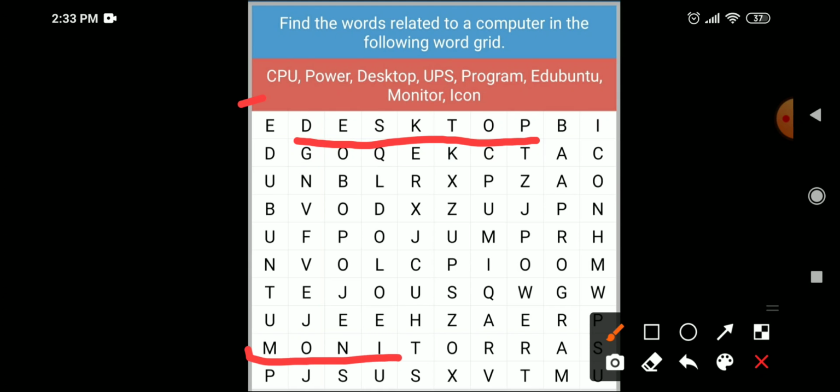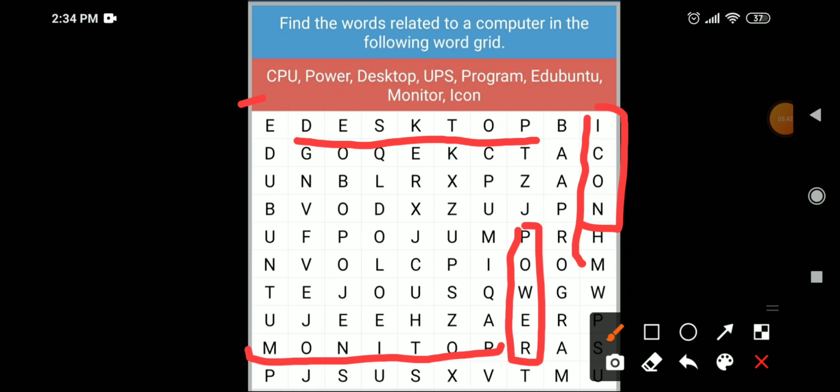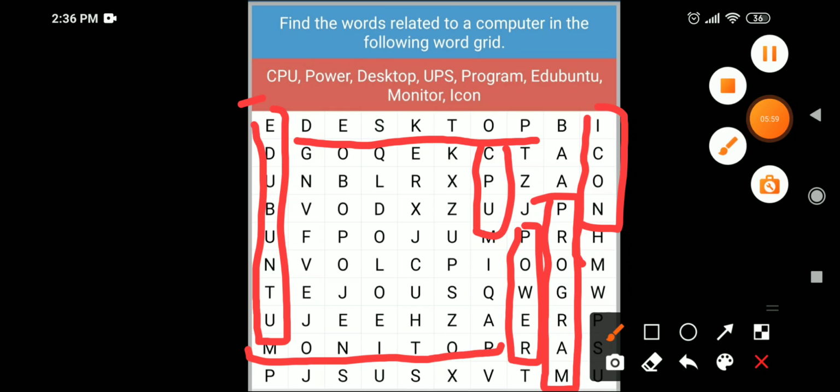Then there is a monitor, there is an icon, power, Ubuntu, program, CPU, UPS. So all 8 words we have found.